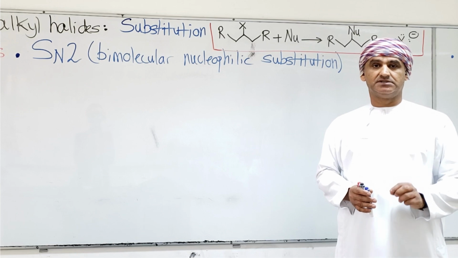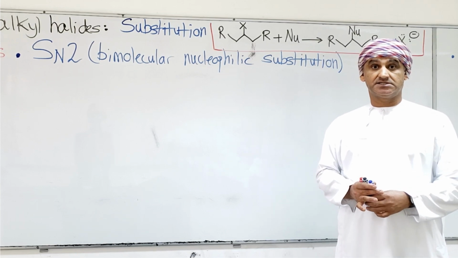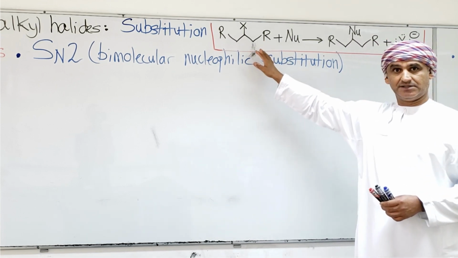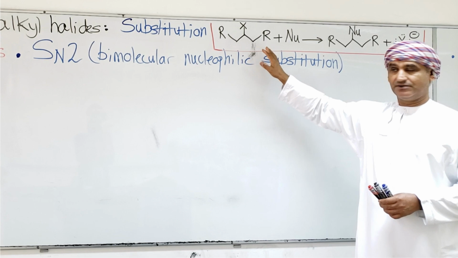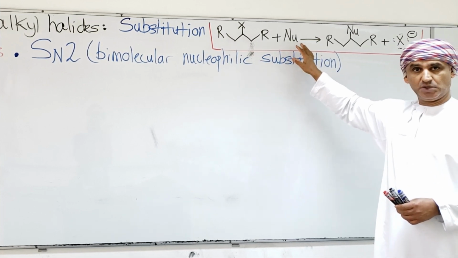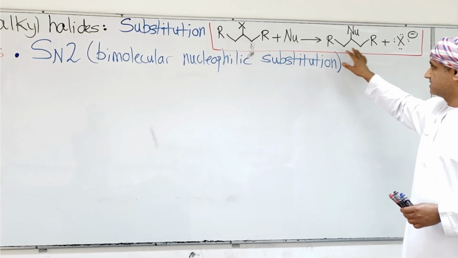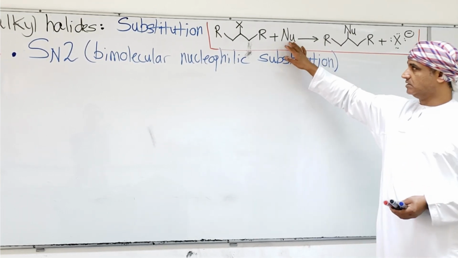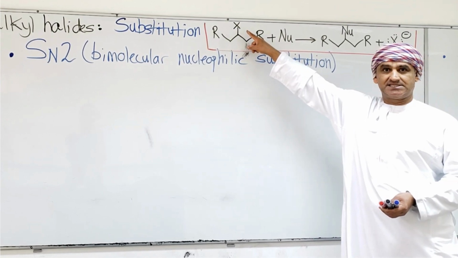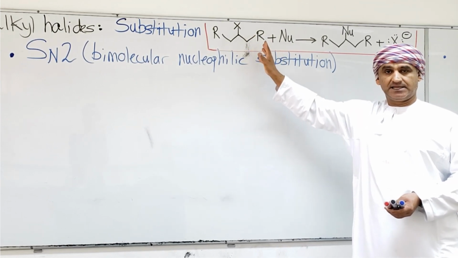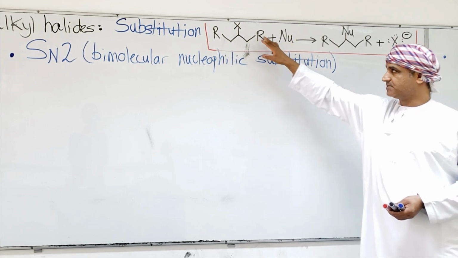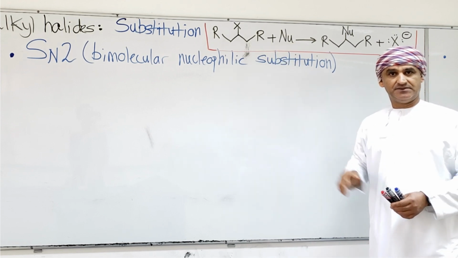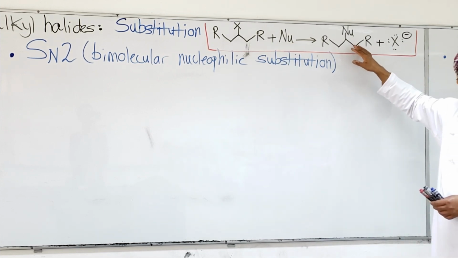A very important reaction of alkyl halides is substitution. Alkyl halides of this general structure can react with a nucleophile to give a substitution product. It is called substitution because the nucleophile substitutes X, the halogen in the alkyl halide. The nucleophile substitutes X, or displaces X in this reaction, and as you see in the product, the